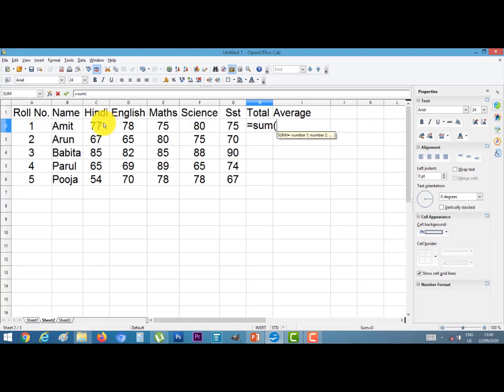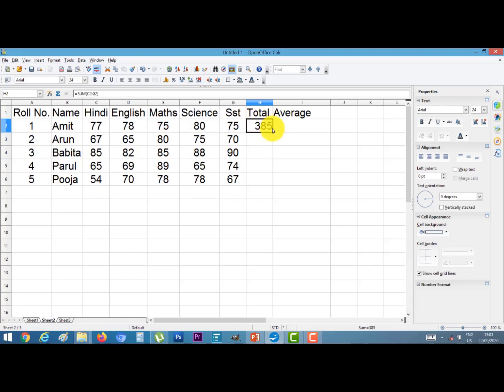Our first cell address is C2. Then I give C2 colon, last cell is G2, bracket close. The result is 385.